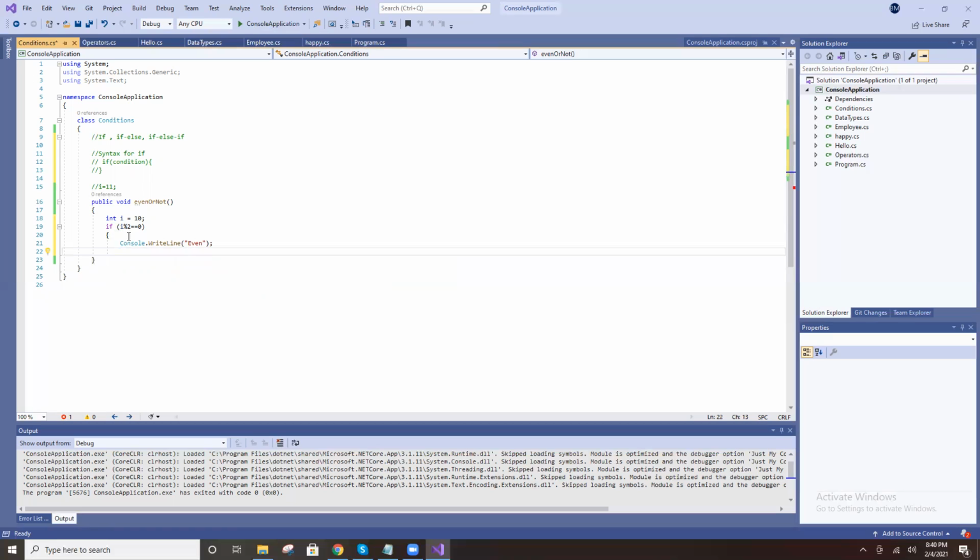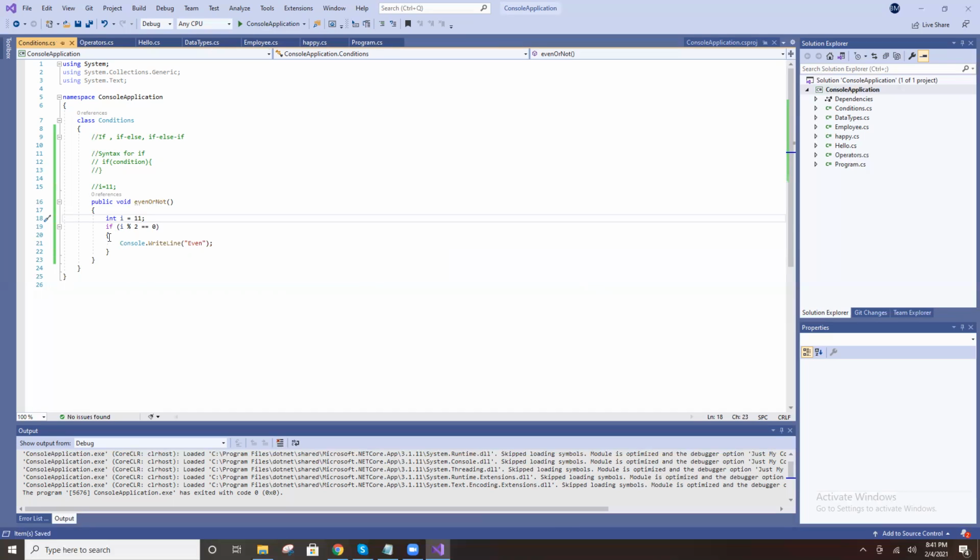See, if condition, are you clear? If I modulus 2 equals 0, then 10 modulus 2 equal to 0 means that is an even number, so it will print even. If I put I as 11, now tell me what will print here?